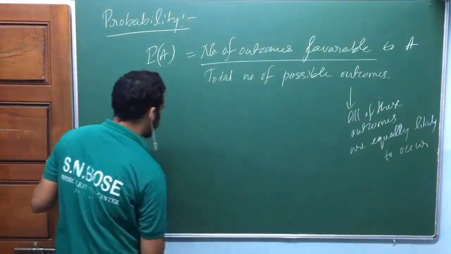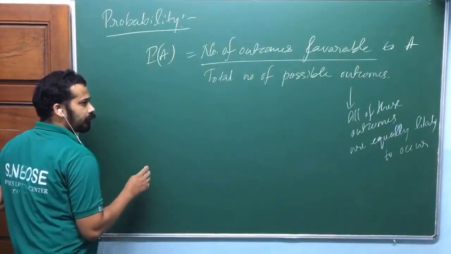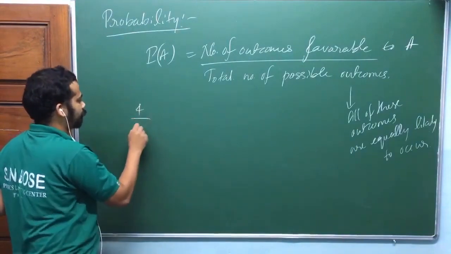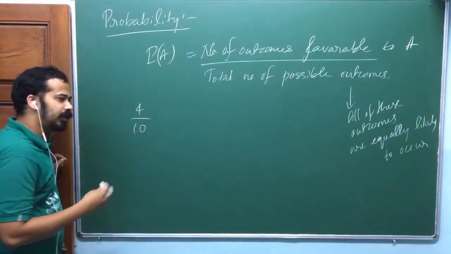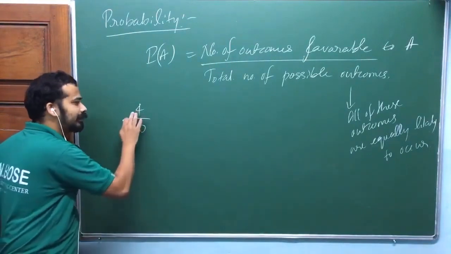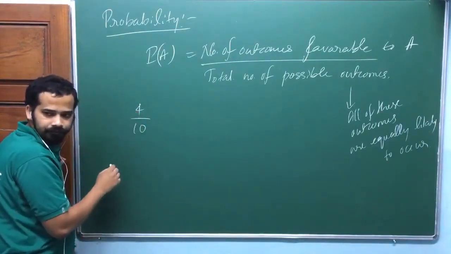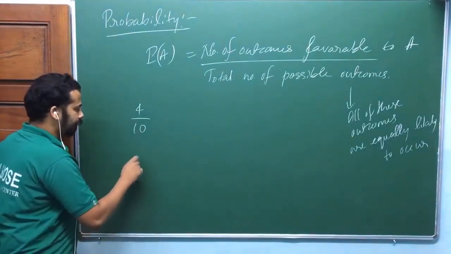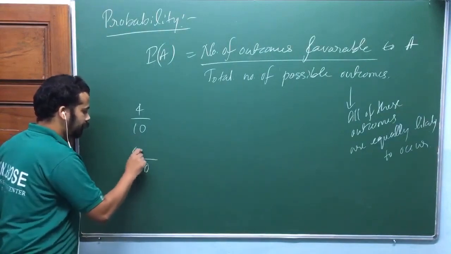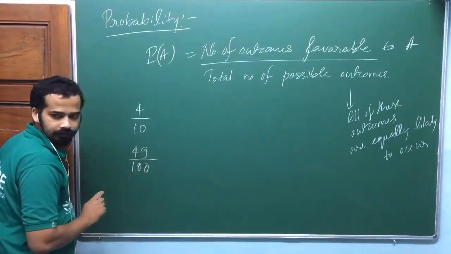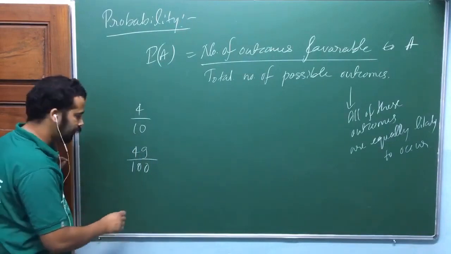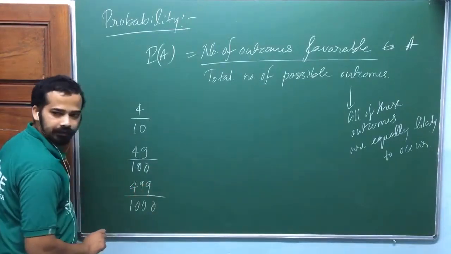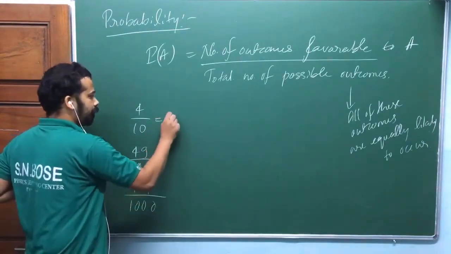Now suppose, look at here. You have tossed the coin 10 times, okay? You got 4 head. Is that okay? So each and every time you do the trial, you are getting 1 less head. It is unequal. Let me take it like that. Again, you toss 100 times, but you get 49 head. Unequal again. You toss 1000 times, you get 499 head. Is that okay? So then what is this value?